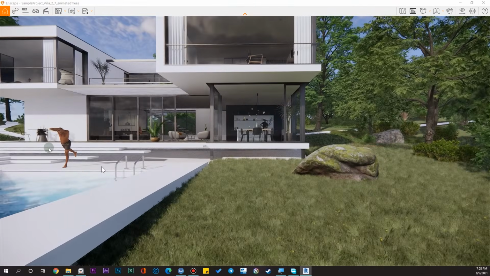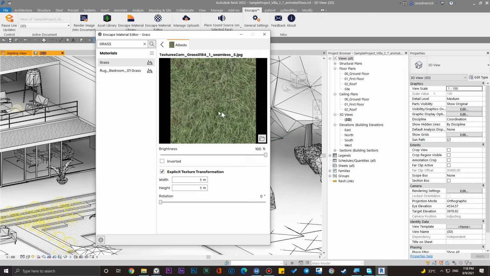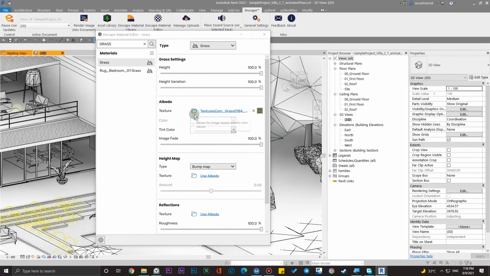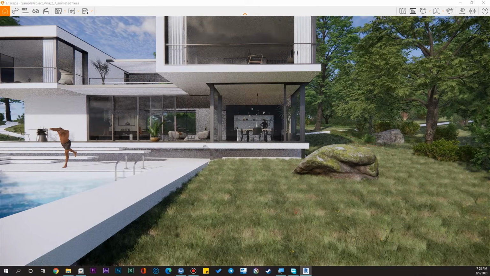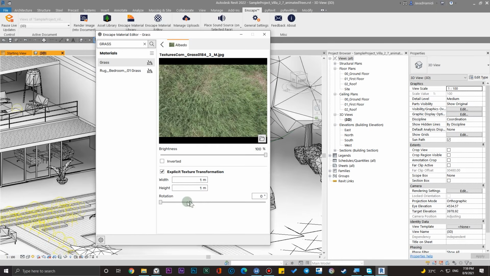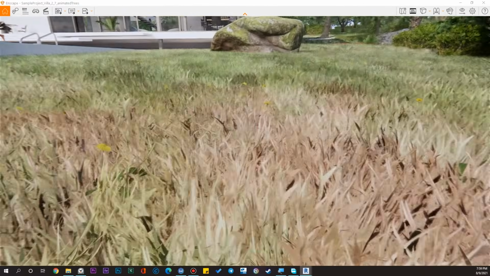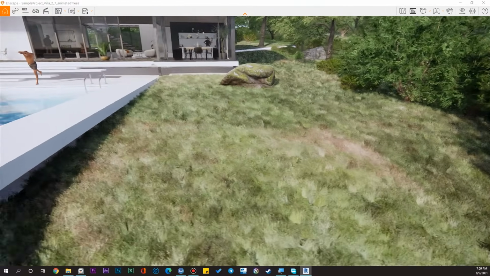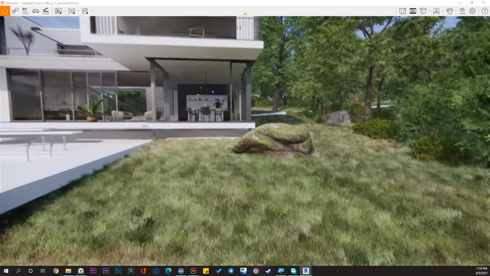And also let me assign another texture to it to show you one cool trick here. Let me put it on this one with some soil on it. It is a little bit small. Let me put it on a bigger number, something like 10 by 10, and then we can see the result. You can see you can create some dry or not green grass too with this kind of texture. This is kind of cool, and in some scenes it can give a great